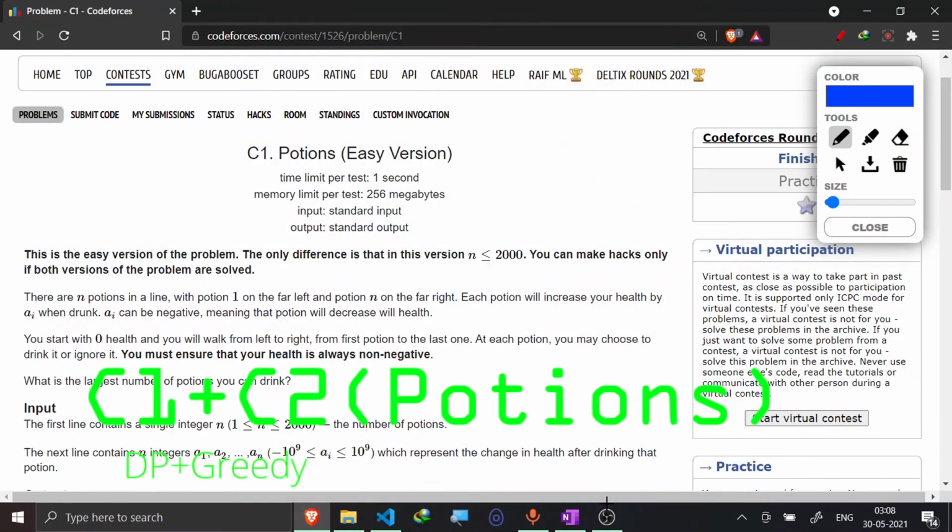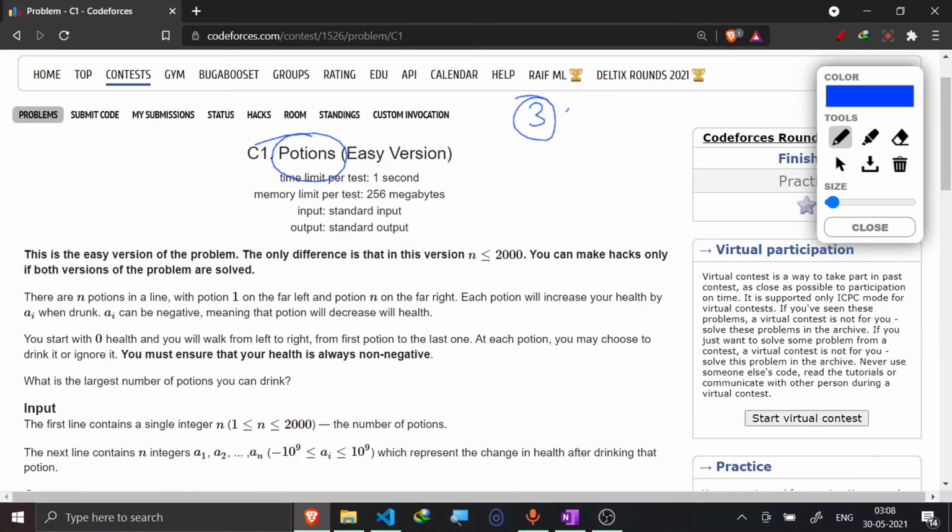So, hi guys, today I'm going to discuss this question, portions. I would be discussing it with three approaches, and all three would be having different constraints. In the first, this and this constraint would matter. In the second, only this, and in the third, the value of n is greater than 10 raised to the power 5. Okay, so now let me start.